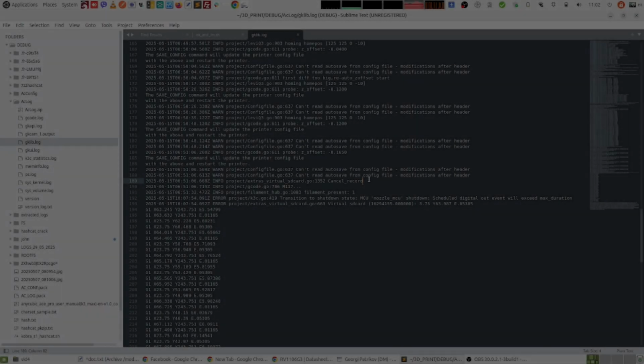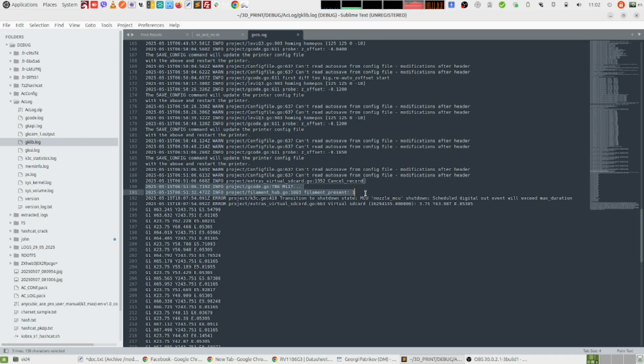That's how I ruled out that it's not a nozzle problem. So after that, the main suspect was something wrong on the nozzle board, basically. So the first thing, and let me show you an image of the